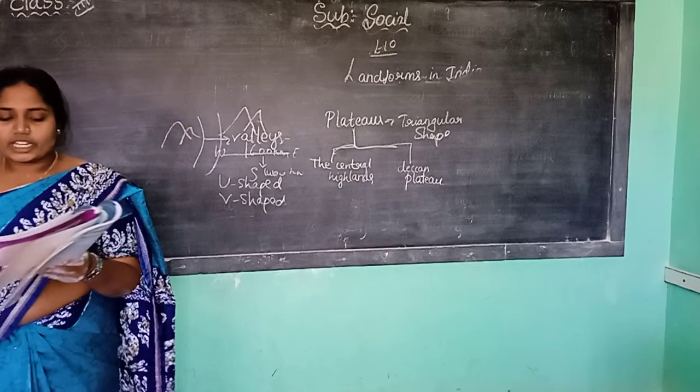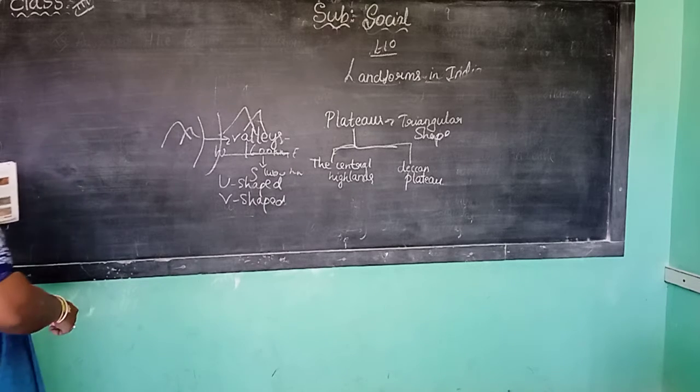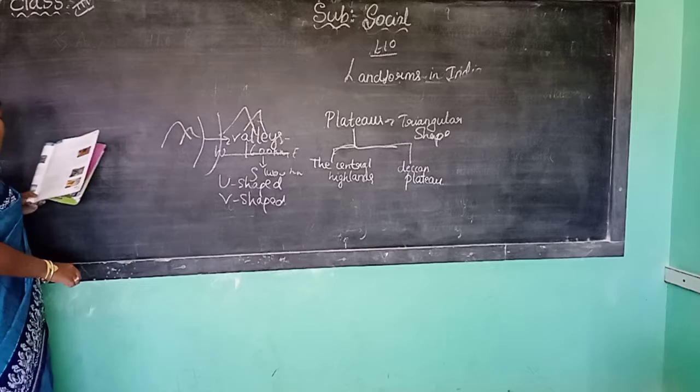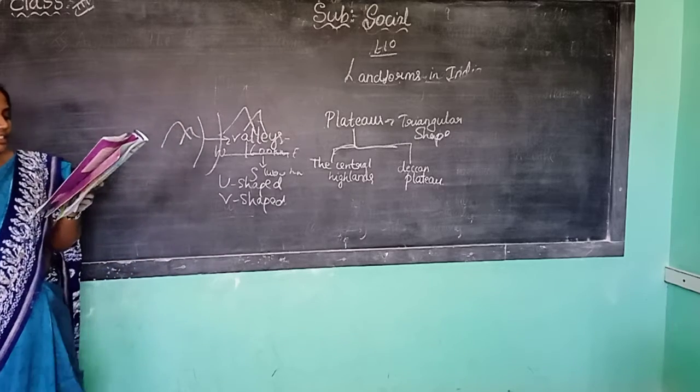Next is deserts. Desert means what? It is covered by sand. There is very little rainfall, no vegetation. They are mostly found in rain shadow areas, which are leeward of a mountain range with respect to wind direction. In desert, the atmosphere